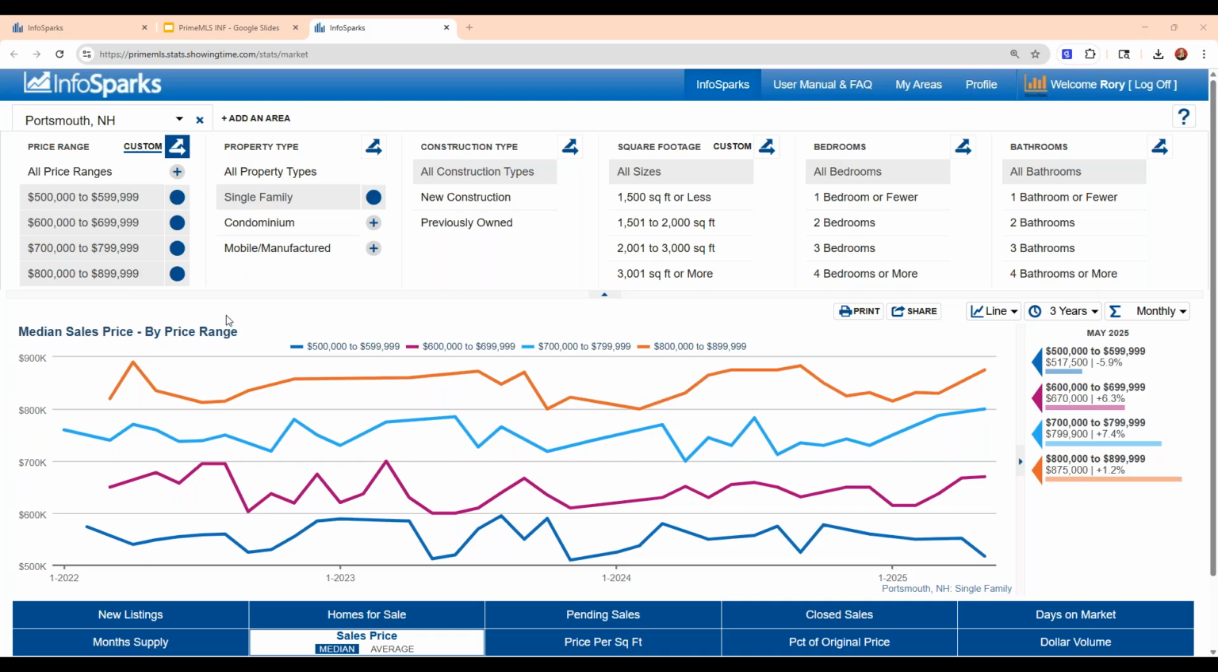So this is just something we always like to call out. This is a great way for you to kind of get into the weeds of things and customize things to your liking. Now, we've looked at a single area for Portsmouth and looked at a chart for median sales price data for Portsmouth,